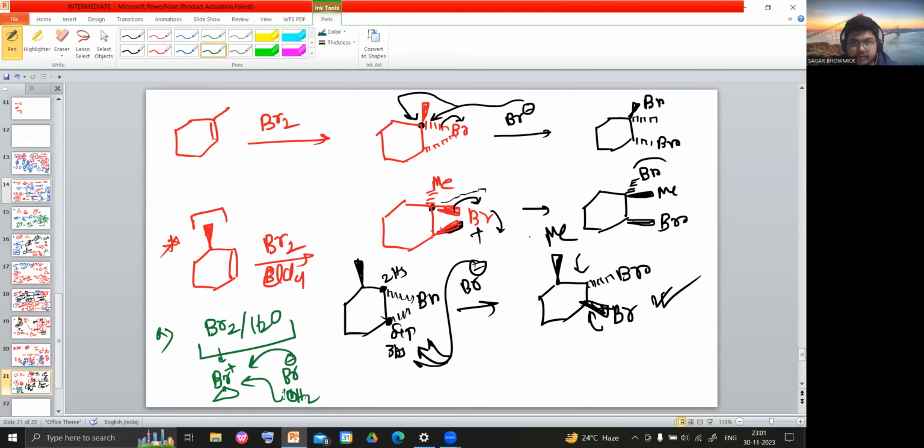Okay. The nucleophile, this bromine will be replaced by OH2. That means in the second step OH will be there. Okay, so two nucleophiles, that means two atoms are attaching here. One is Br, one is OH. So in the bromine water case, you have to proceed accordingly. Okay, question is,